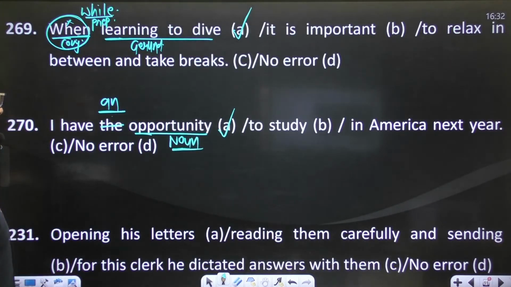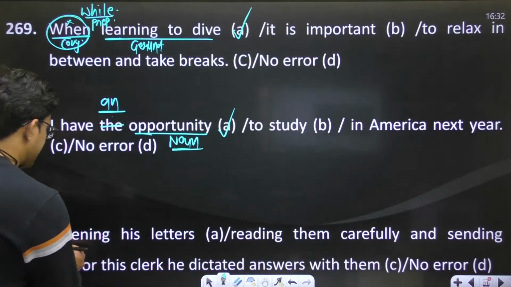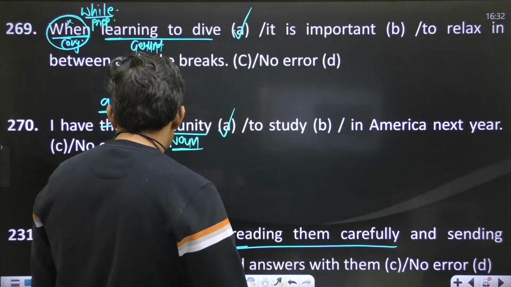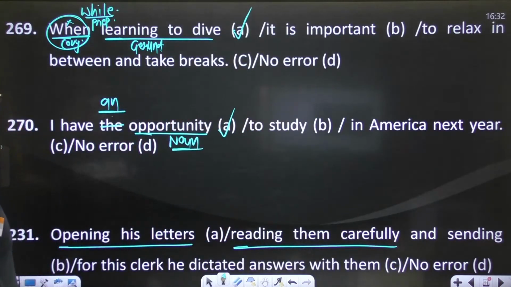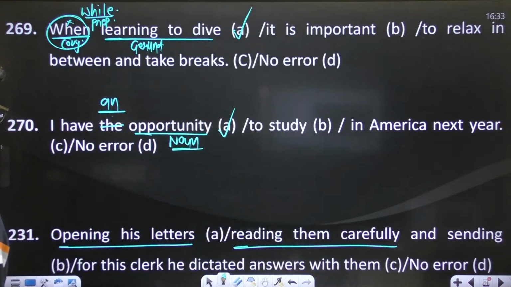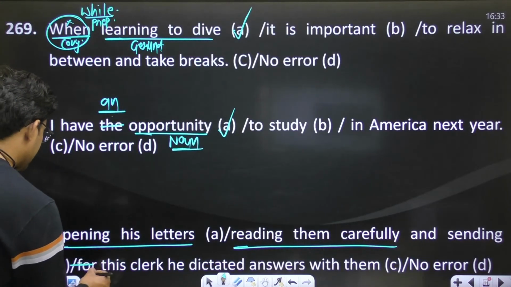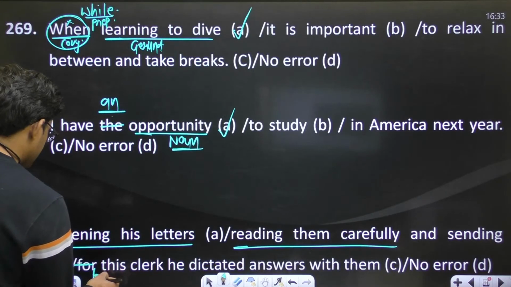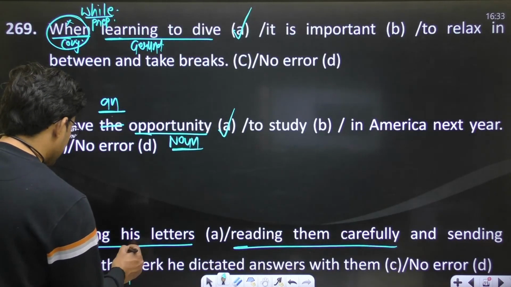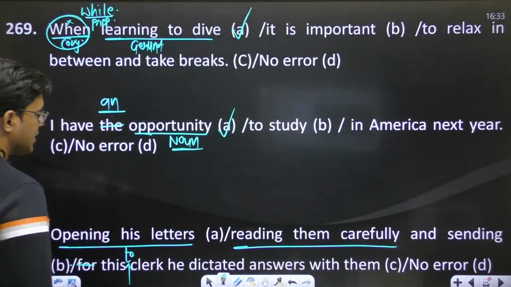Opening his letters, reading them carefully, sending for the clerk, he dictated answers with them. Okay, opening his letters, this is the first gerund. Reading them carefully, this is the second gerund. And sending for the clerk. Sending what? Sending this to the clerk. Use the preposition to here, because the verb